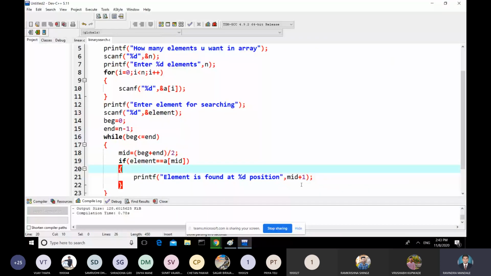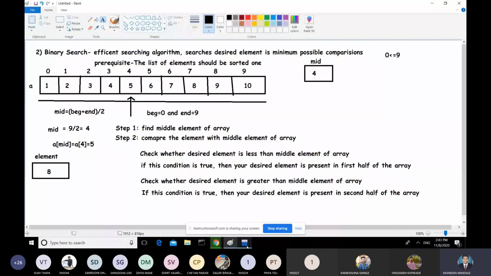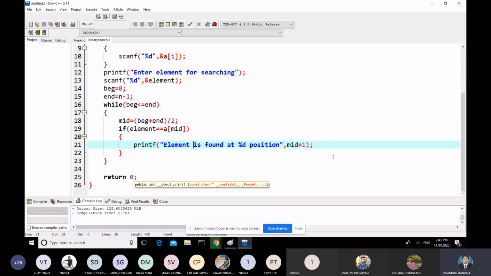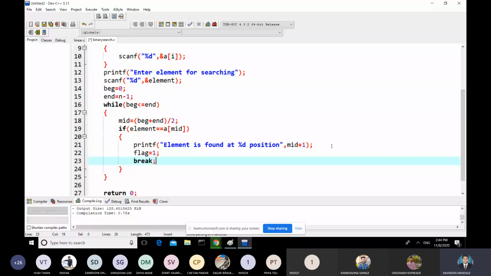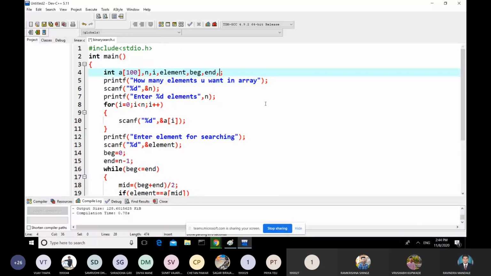Mid is actually the index, and mid plus 1 will be the position. So whenever this condition is true, that means element will be found at that particular position. And I'm using the same logic: flag I'm setting true and then breaking from the loop. Flag equal to 0 for unsuccessful search, flag equal to 1 for successful search.